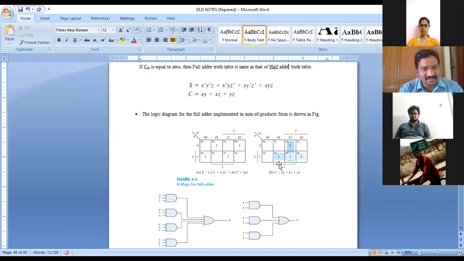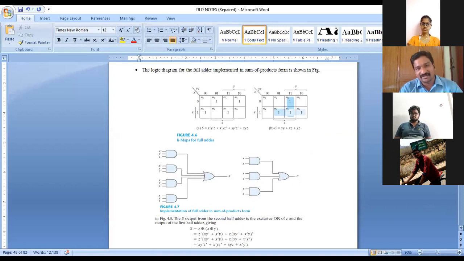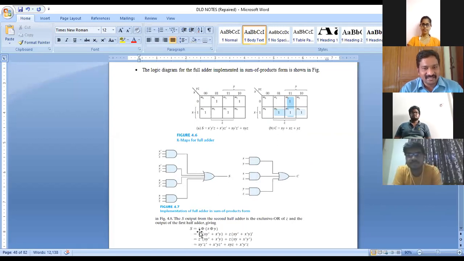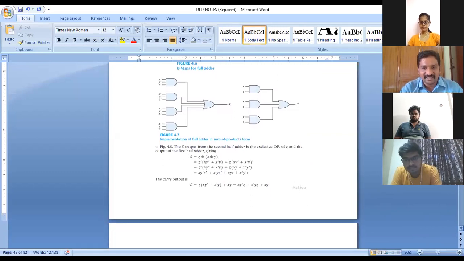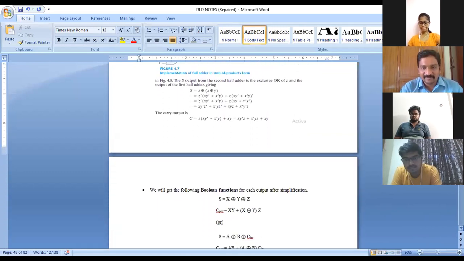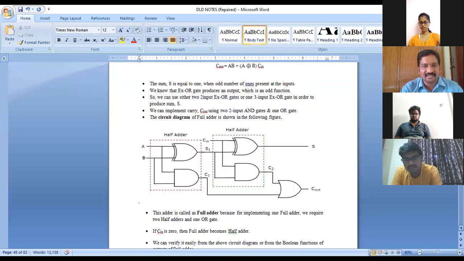Similarly, we can place all the ones over here. So using this, I find the minimized Boolean expression. This is also a minimized Boolean expression. Now we stop this diagram. In tomorrow's class we will talk about how we get this z, and how I can write all this. After that we will design this. It is a full adder in total.